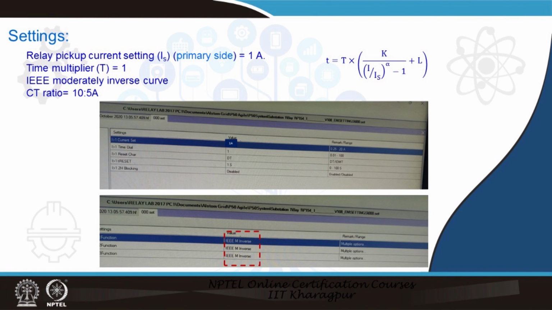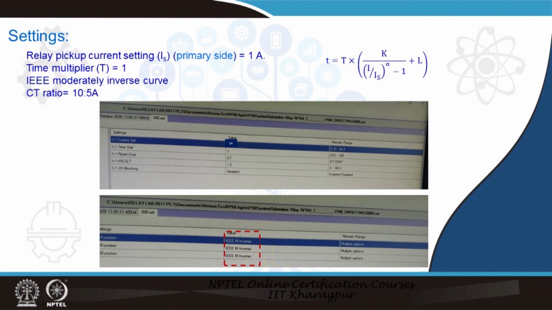If we take 50:5, 25:5 and so on, then the ratio becomes larger, and the current requirement to actuate the relay becomes larger and larger at the system side. So, in a laboratory experiment, if you have 5 PSM, 10 PSM and all these things, the level of current requirement becomes enormously high, and for that it requires special arrangement, special cable and so on. To overcome that problem, the CT ratio is intentionally taken to be lower.